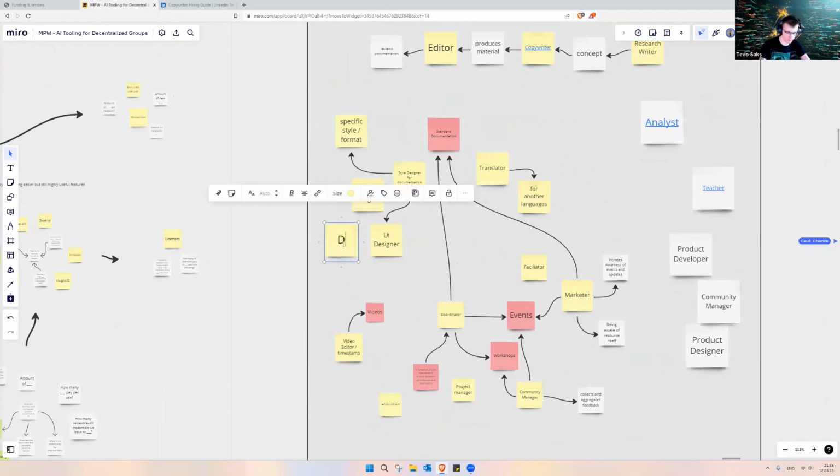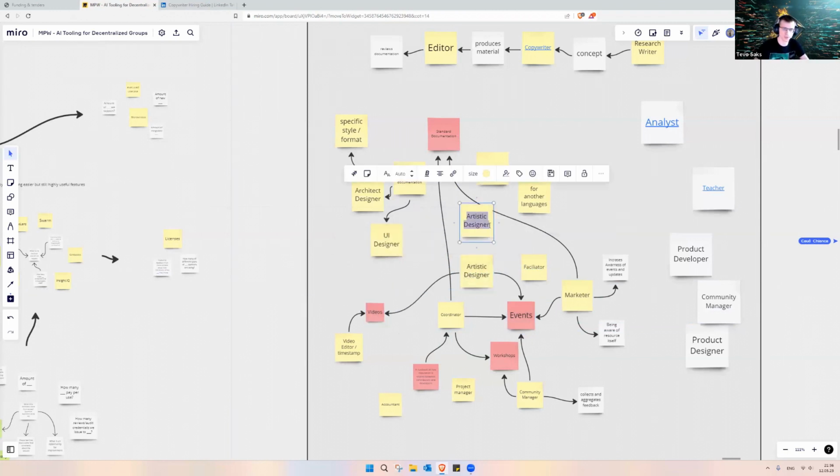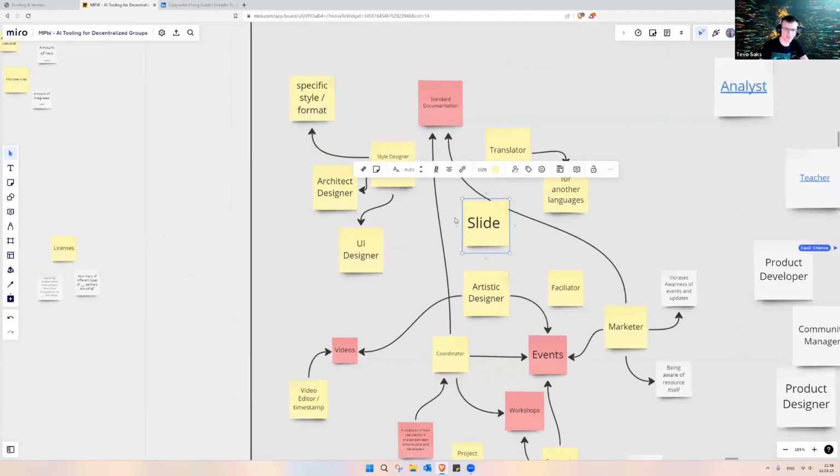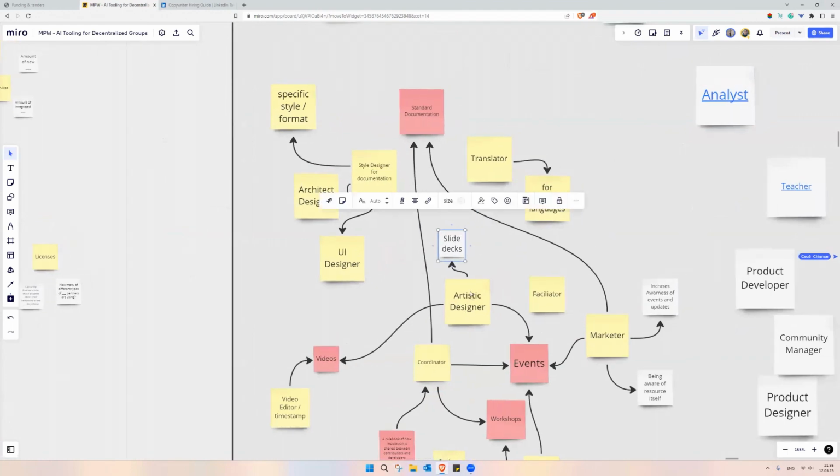I'm not sure if it is a UI designer, but I would say an artistic designer for creating slide decks for events, for thumbnails, for videos, all this nice-to-look-at material. Yeah, the person who will be making the flyer or any marketing material, I think that can fall under the artistic designer.